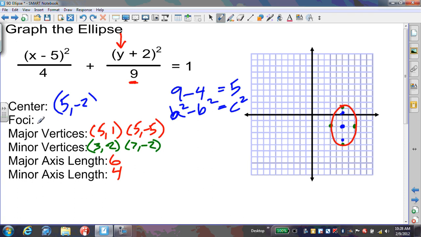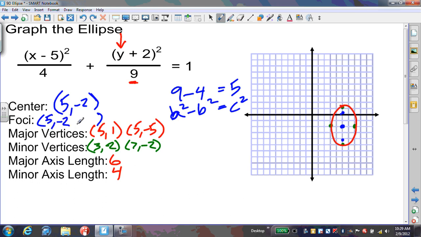Okay. Now for the foci, again, we're going to talk about points here. I'm going to do these in blue. We're going to be at 1 point and another point. Now again, I started at my vertex. So how do I show this? I'm actually going to give myself a little more room here because I want to show the proper way to show it. Let's just do 1 point for right now. And we're going to start at 5,